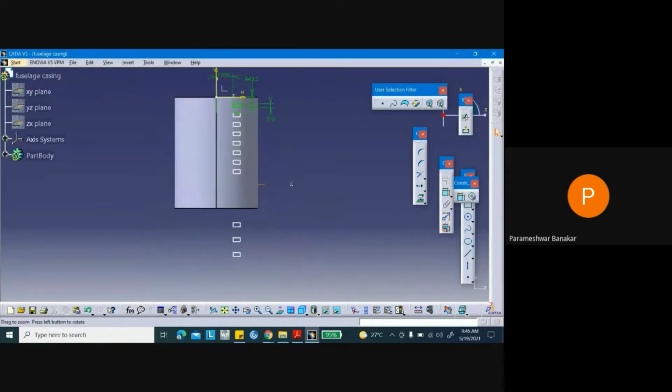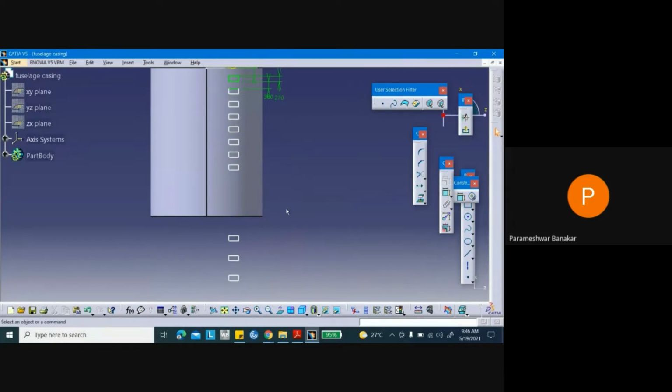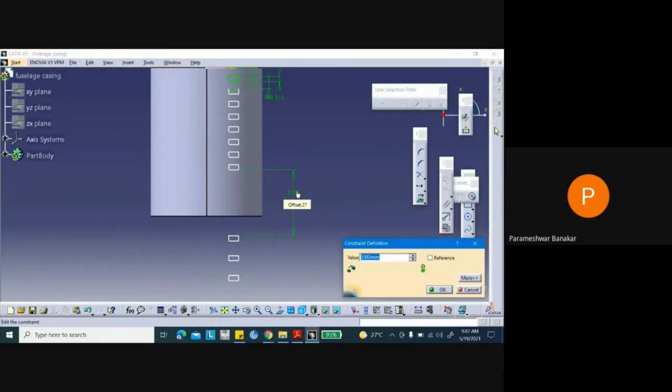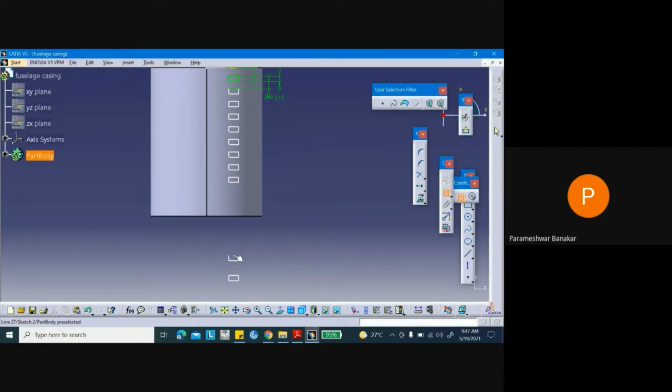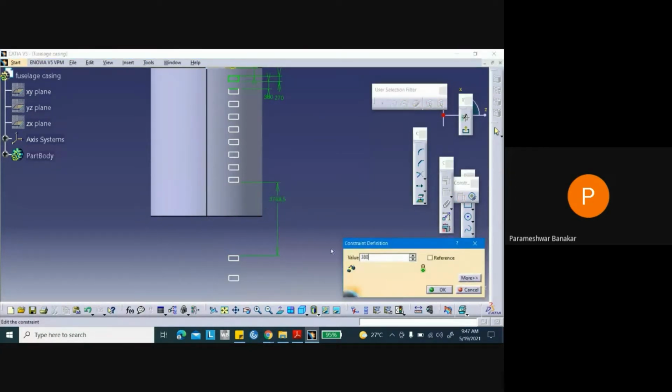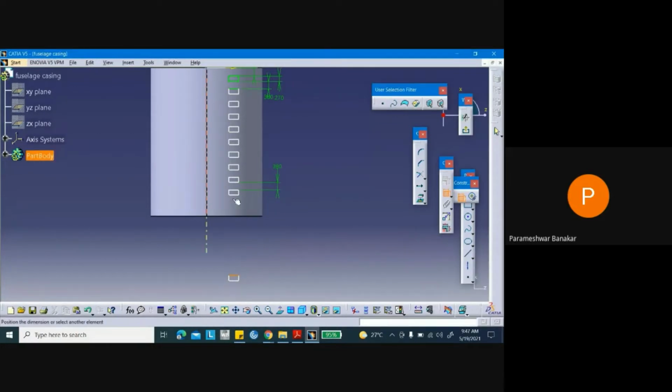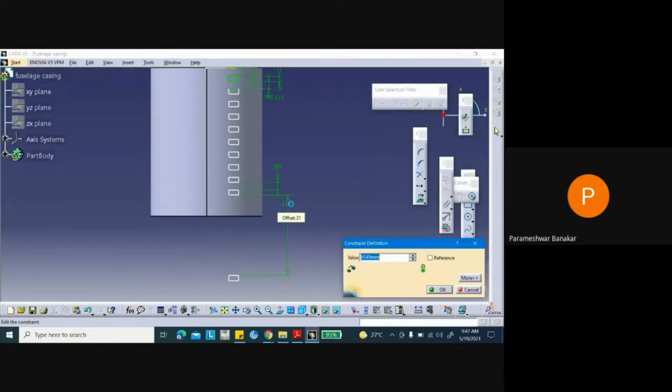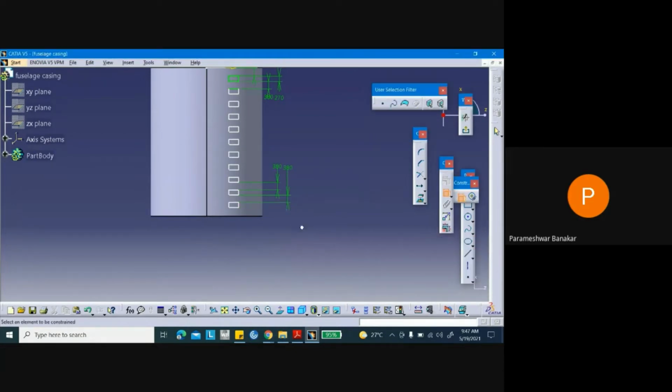So again, go to constraint, this. 380. You can check this distance from this end, that is 443.5.